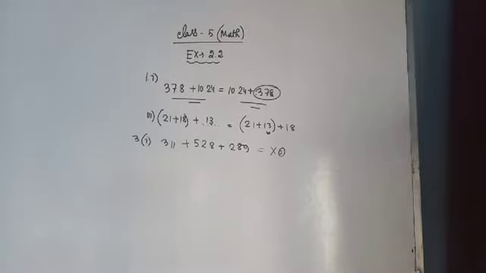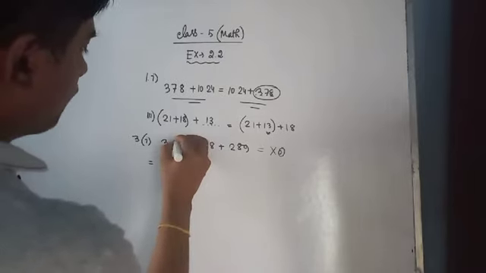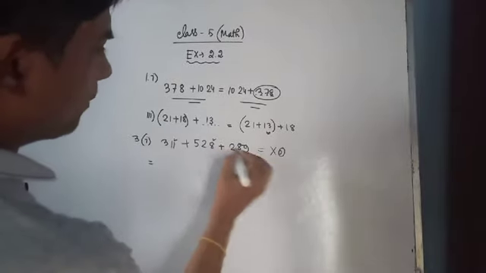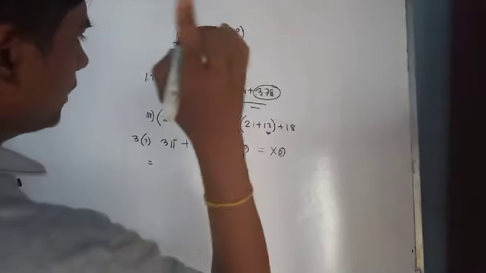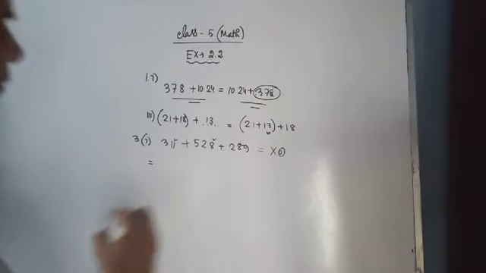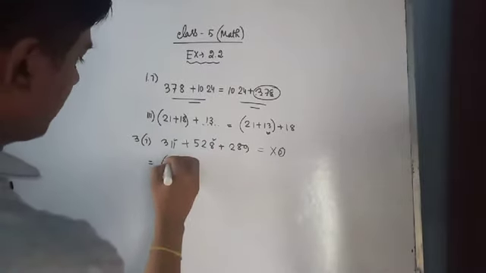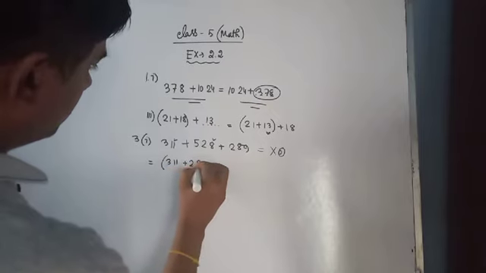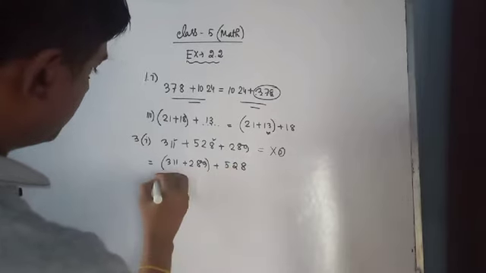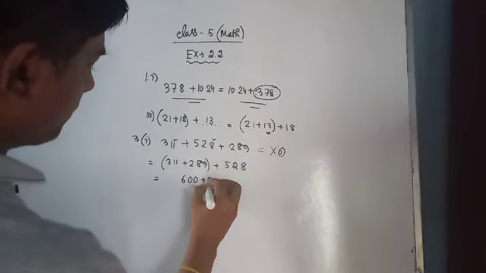So in this case, what is required? You see, 1 plus 8 is what? 9. 8 plus 9 is what? 17. Plus 1 plus 9 is what? 10. Yes. You need to make the unit place become 0. Why? Because after that you get an easier process. See that. So do the adding. 600 plus 528.